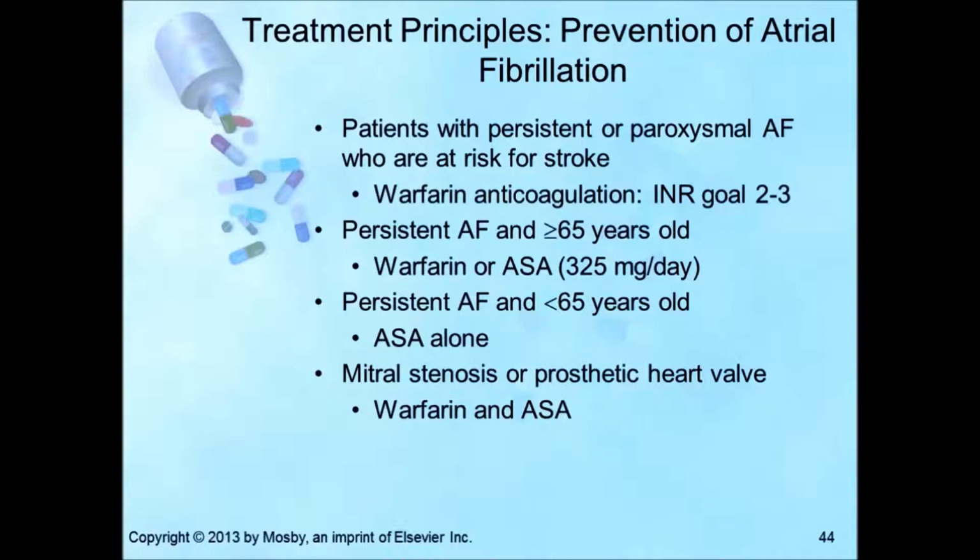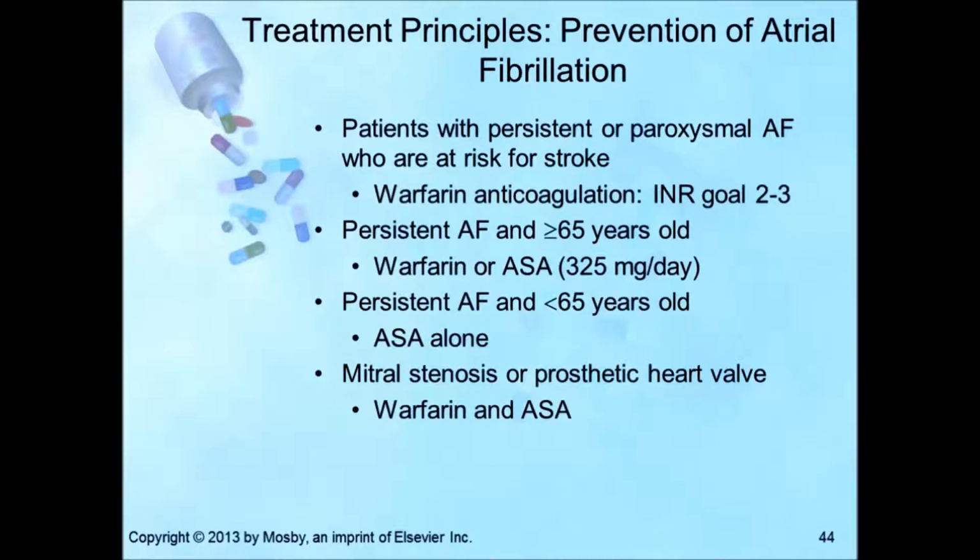For patients unable to take VKAs, aspirin alone is recommended. The use of Plavix plus aspirin is not recommended due to the risk of hemorrhage, however. Evidence supporting the efficacy of aspirin is weaker than that of Coumadin, and the stroke prevention in atrial fibrillation trial used aspirin at a dose of 325 milligrams daily. However, the results of the trial indicate the best efficacy and safety profile at a dose of 75 to 100 milligrams per day.